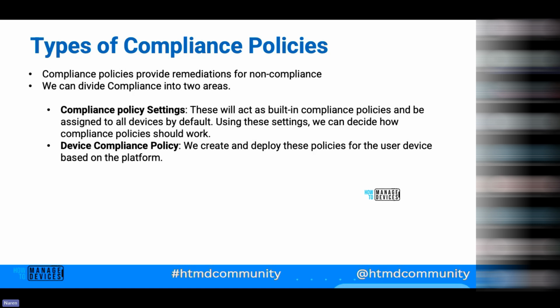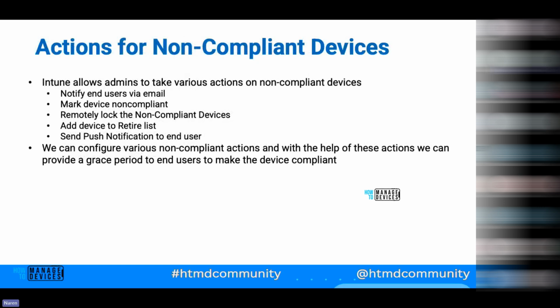Those settings I'll discuss more when we talk about the demo. And the other one is a compliance policy. This is the one which we create for each OS version, and then we will define the configurations as per our requirement. As I mentioned, our Intune admin can trigger a